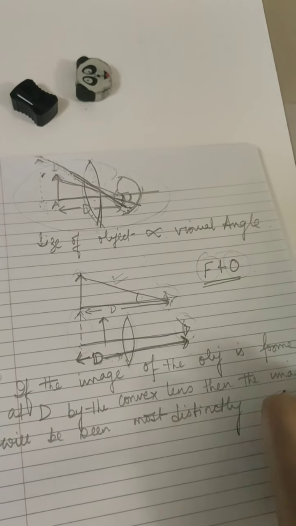Okay, now having done till here, we are going to do simple microscope. Now simple microscope, I have already told you what is a microscope. It is an optical instrument and it is used to make large images of small and minute and close objects. Now a simple microscope is nothing but a convex lens or a magnifying glass.